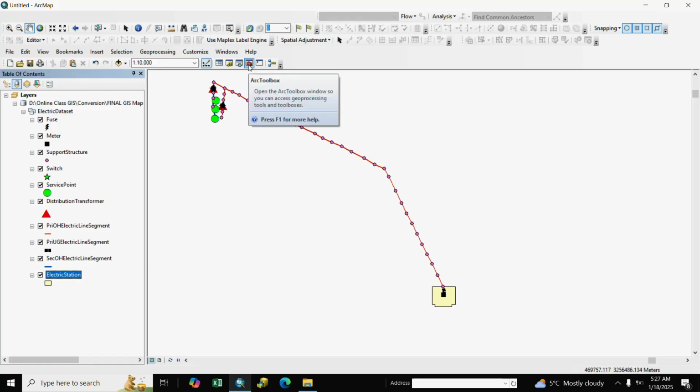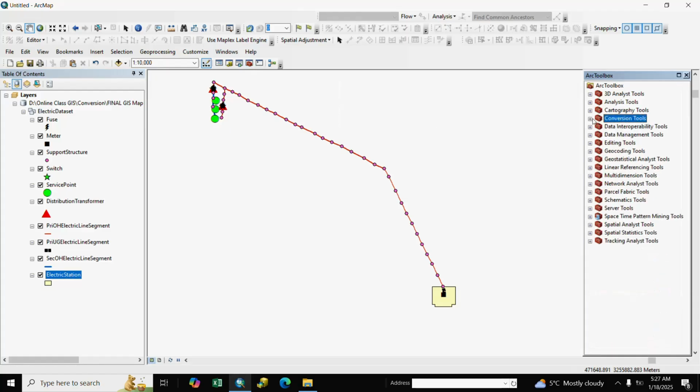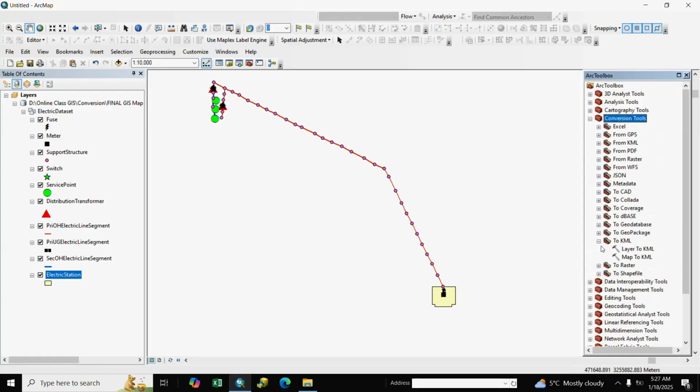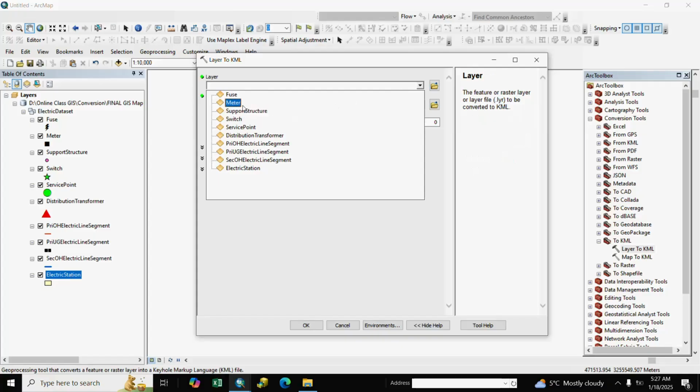We go to our toolbox and go to Conversion, and after conversion we go to KML file, Layer to KML. Click here and select the layer name.